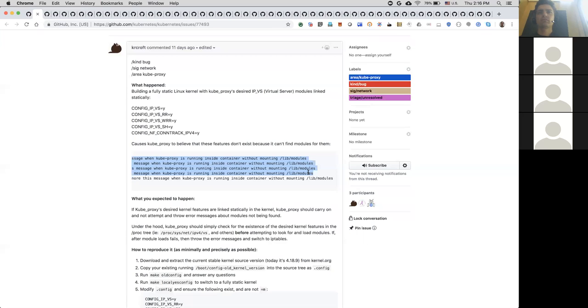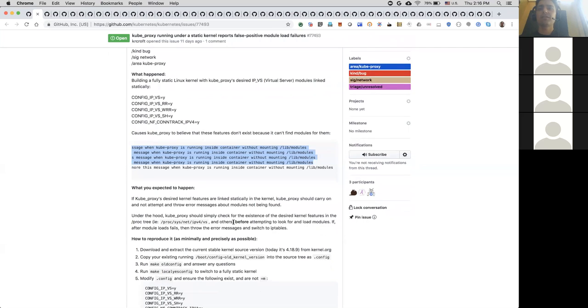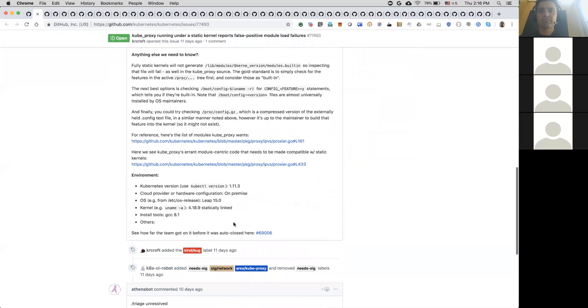So why is kube-proxy trying to insert the module? Does it do it repeatedly or just when it runs? It sounds like he might just be assuming that kube-proxy is not working when actually it is. He says it causes it to believe that these features don't exist, but actually I think it's just spitting out a log and carrying on, which is what he wants it to do.